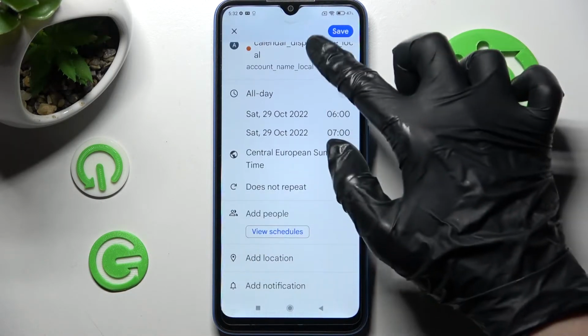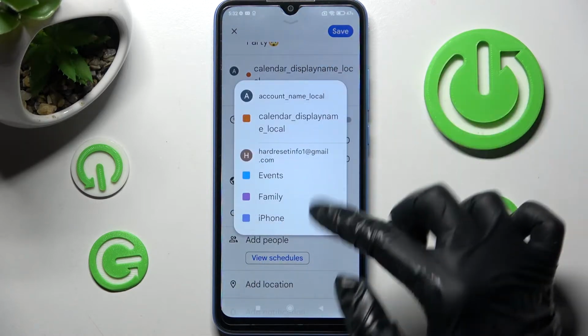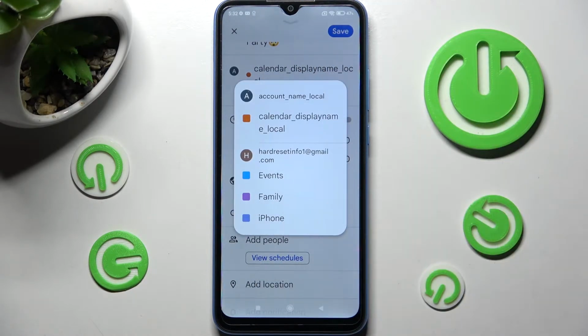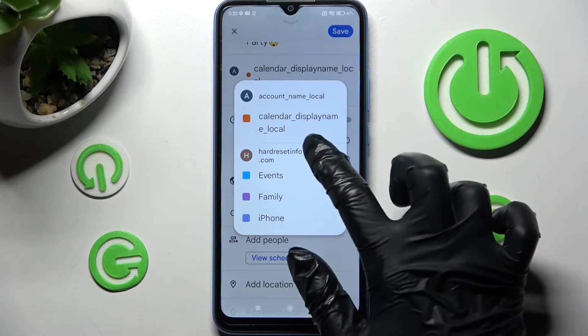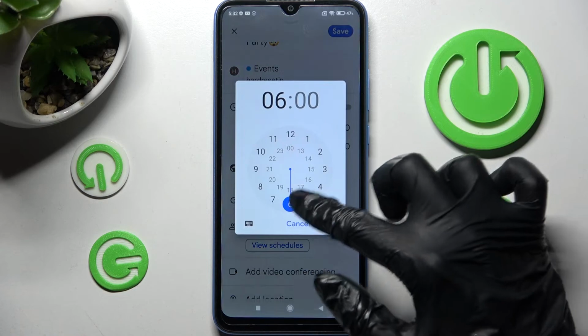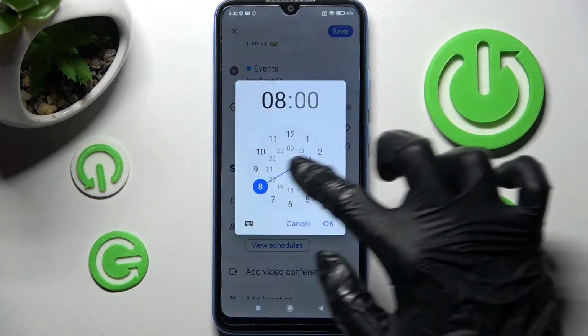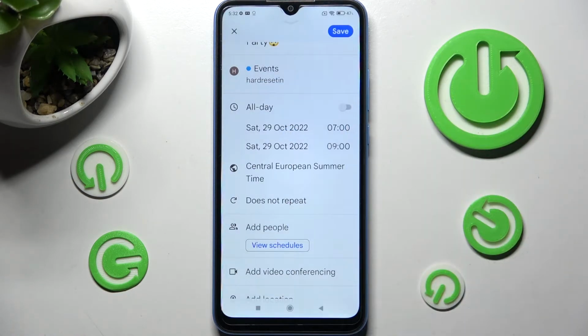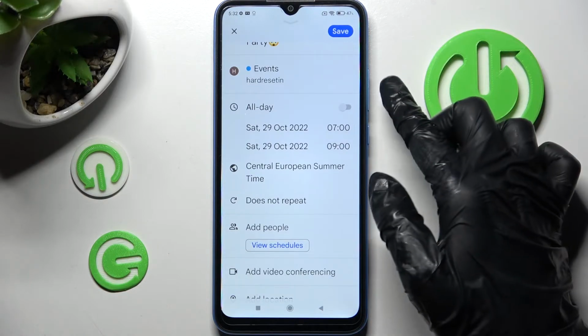Then you can pick one of your email accounts over here by tapping on the chosen one. I will go with HardReset.Info and events. Then pick starting hour and ending one. If you don't want to do that, you can always disable this feature as well by choosing this gray switcher